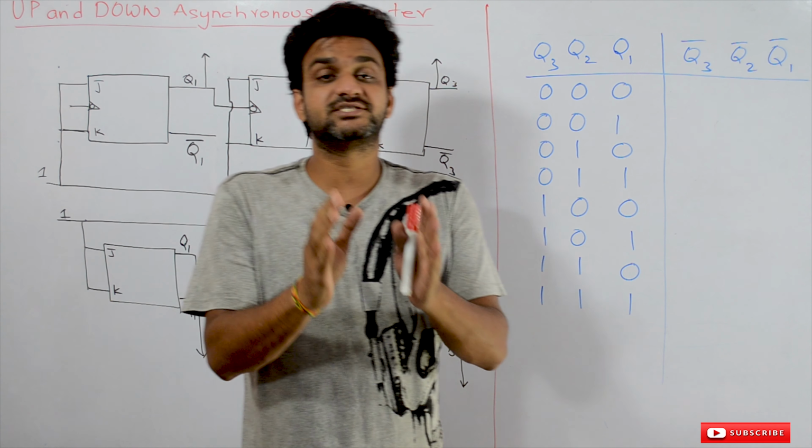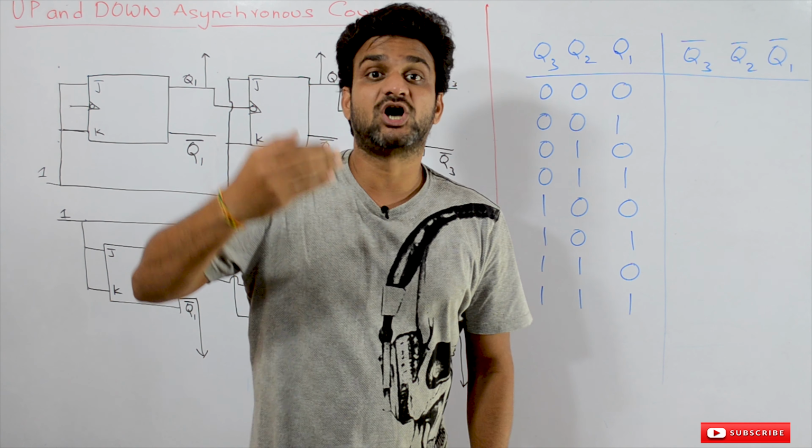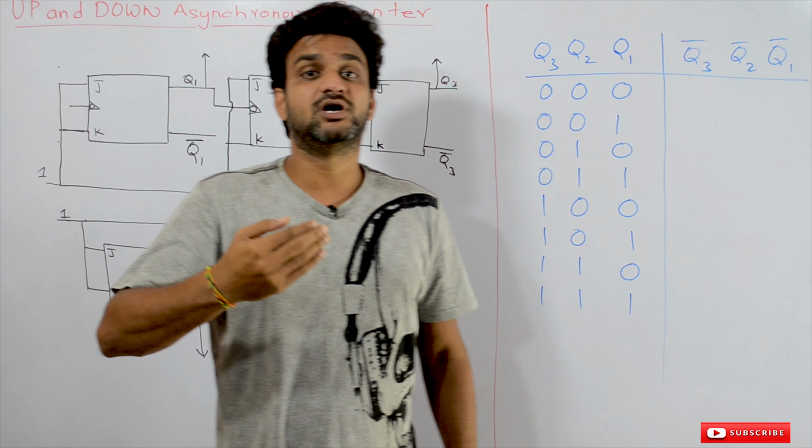There we have discussed about the counter which counts, for example, if you have 3 flip-flops in the counter, it is going to count 2 power n number of values. So 3 flip-flops means 8 values it is capable of counting. But in the synchronous counter like ring counter or Johnson counter, it is not possible for us to count all the 2 power n values.